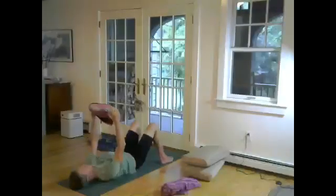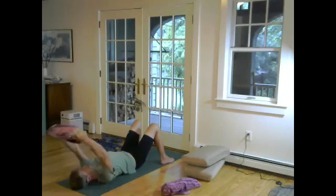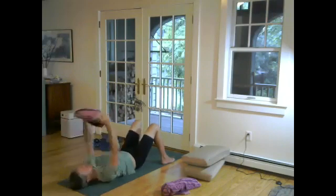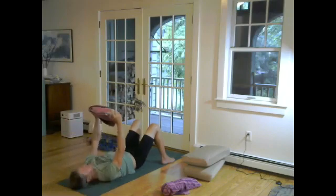Now that we've awakened the core and the hips a little bit, we'll take the towel roll overhead, done in the past, and then launch it back to the floor beyond. Inhale, and exhale, bring it back to eye level toward the sky. Inhale back, and up. So as you do this easy exercise,